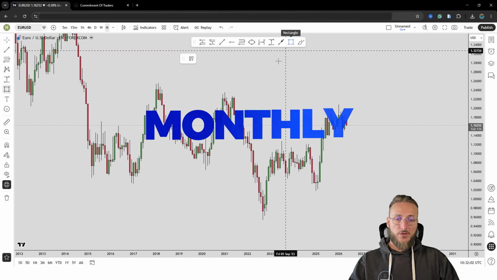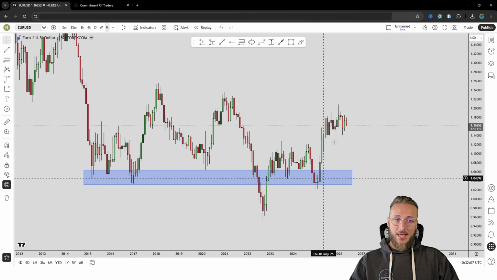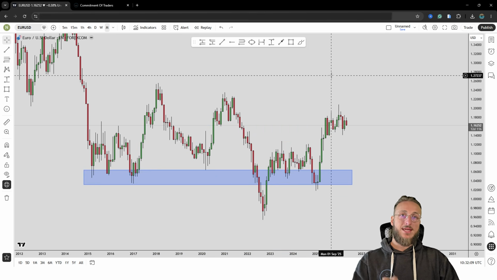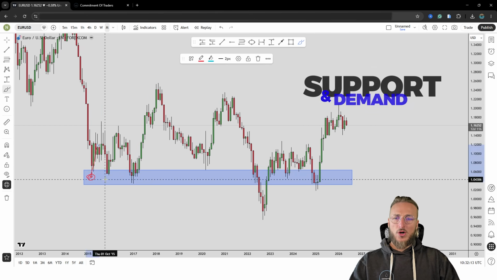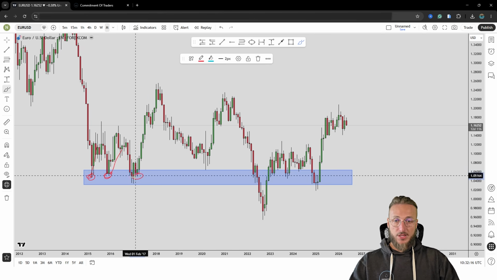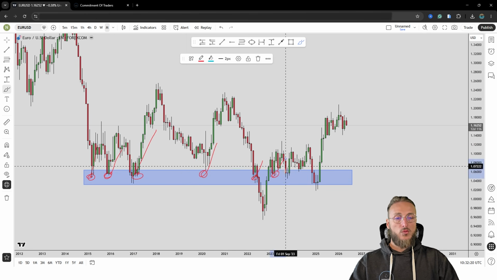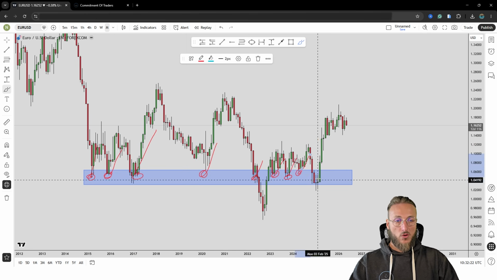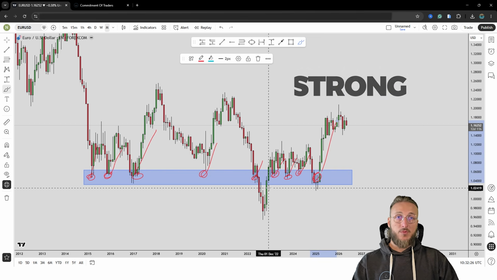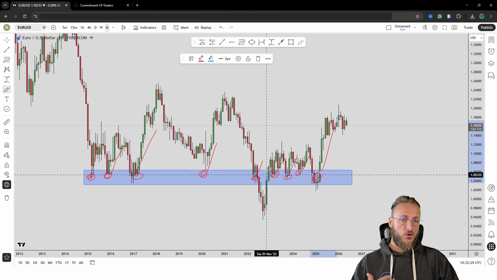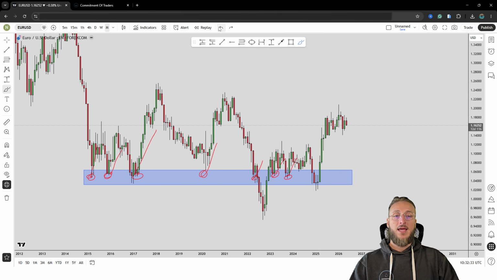Now, starting here from the monthly, what we can see is that we have a market which at the moment is testing and rejecting to the upside a quite strong historical monthly demand and support zone. In fact, from here, all these previous rejections to the upside were created. And what we can notice is that in all this period, there is only once in which the market broke below the zone, which was this push to the downside here, which anyway ended up being a fake breakout because we had the break below, immediately break back above,